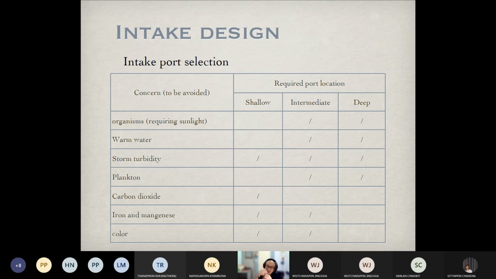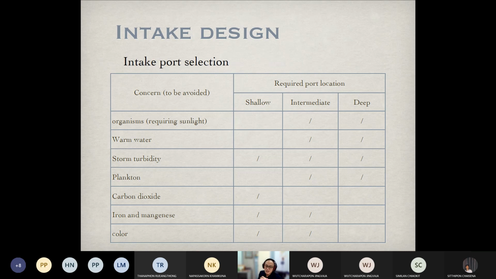If the depth is large, then you may find carbon dioxide, sometimes generated due to biological activity. If you want to avoid carbon dioxide, which creates acidity and may cause corrosion in the piping system,